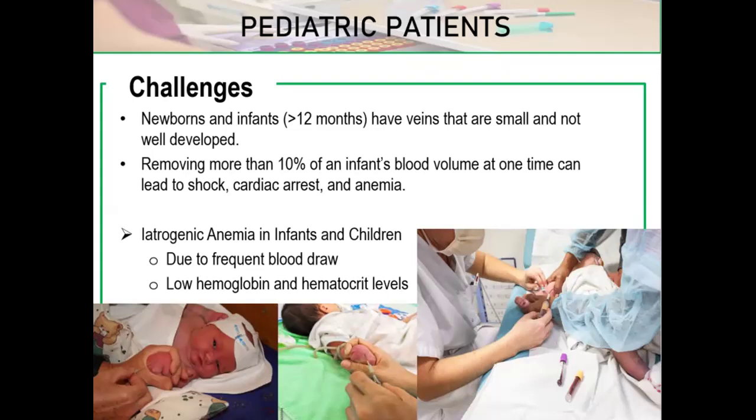So the laboratory results or indications of a patient with this type of anemia are that hemoglobin and hematocrit levels are low. What is the difference between hemoglobin and hematocrit? Hemoglobin, class, is a part of your red blood cell, and it helps your red blood cells carry oxygen throughout your body.